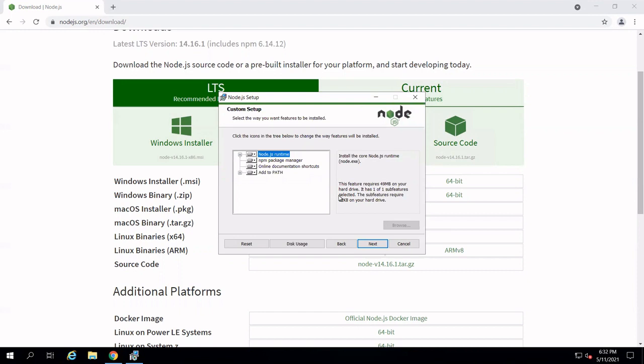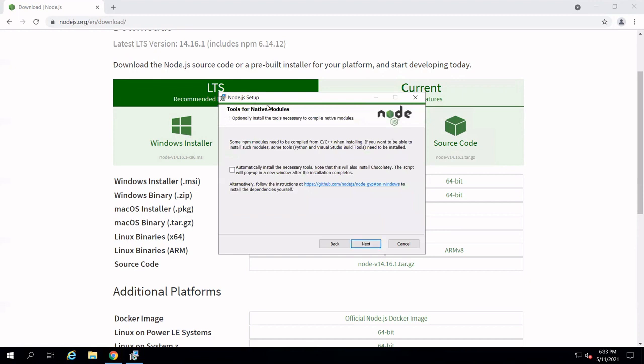Now here, if you want only some of the packages to be installed on your system, then there is one option, that is custom setup. If you want all the inbuilt files installed on your system, then no need to go to the custom setup, so directly click on the next button.